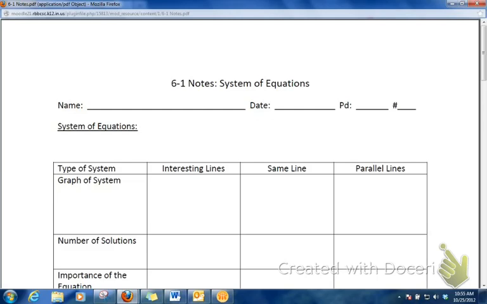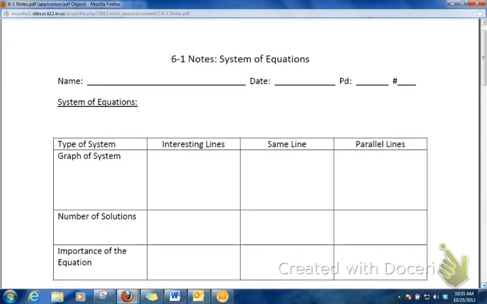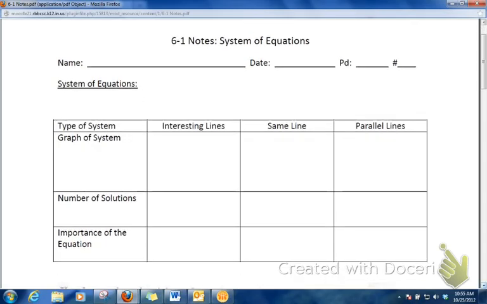Okay, so let me scroll down here. Sorry, I took the definition off of there. You can go back, obviously, to see it if you need to, but I wanted some more room down here to look at our examples. So, the type of system,